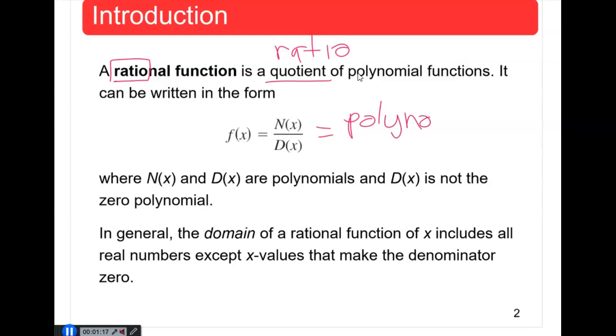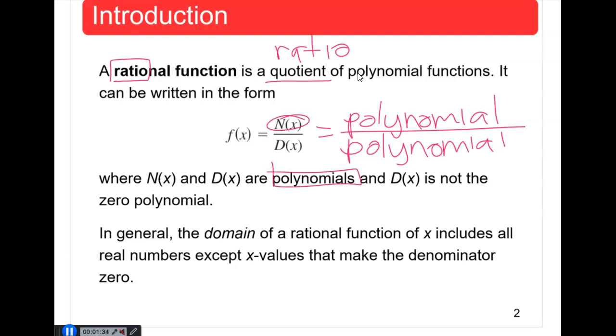And so in chapter 2, most of it is about polynomial functions. So now we're going to have two polynomials being divided, and that's what will make a rational function. So we have here both n of x and d of x are polynomials. And also we have to be very careful that the denominator, and actually that's why they're using those letters, n for numerator